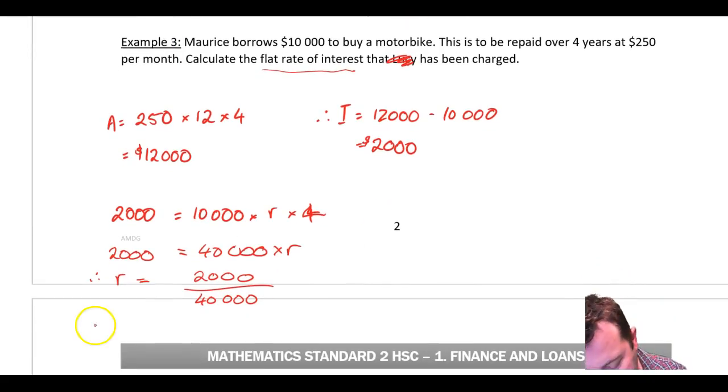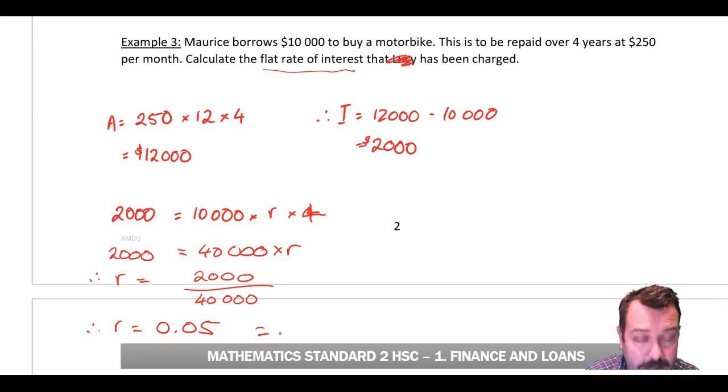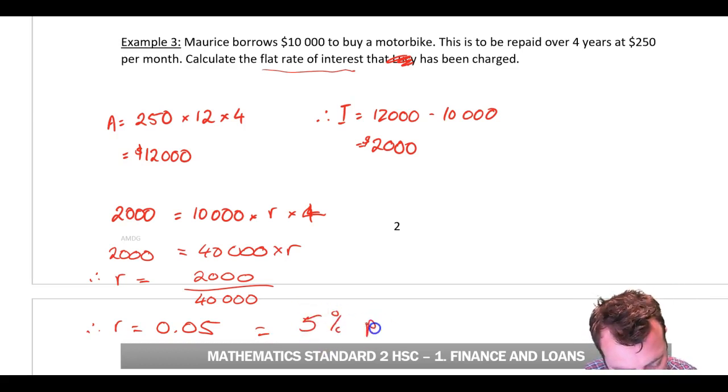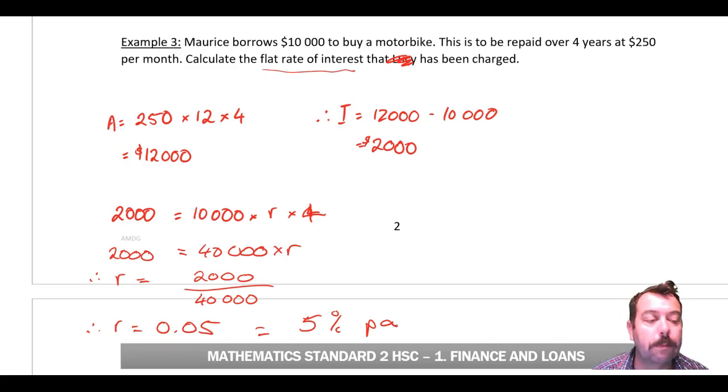Okay, but what does that mean? Right, we multiply that by 100 to make it a percentage, equals 5% per annum. Okay, so that's a fairly complicated simple interest question where we work backwards through that formula to calculate the rate of interest. So that brings us to the end of this first video, this first exercise on simple